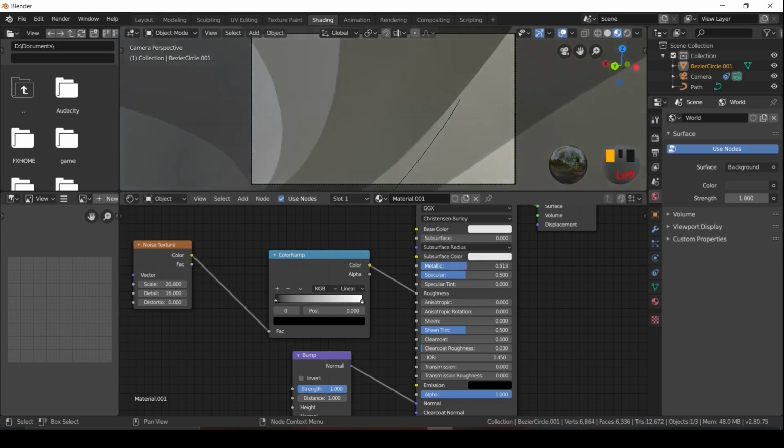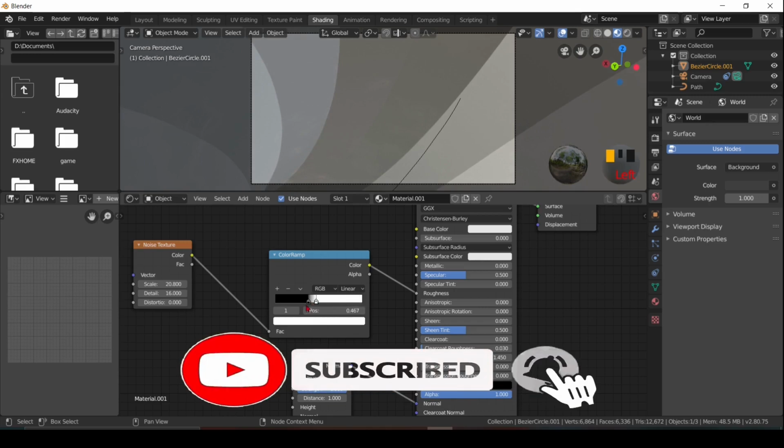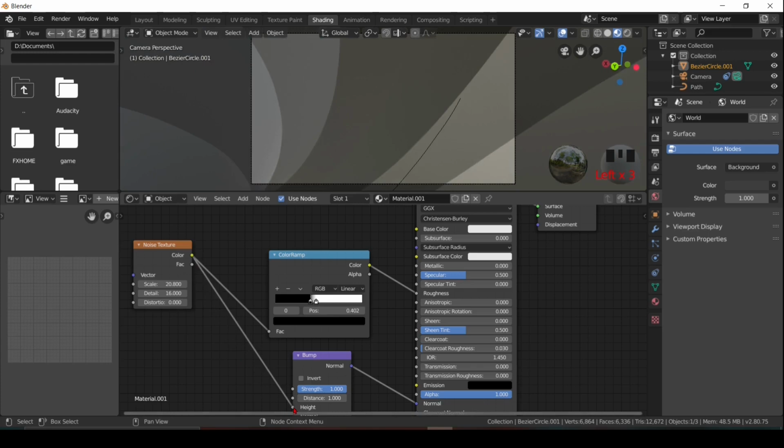In Principled Shader, increase the metallic completely. Connect noise texture to the bump height.